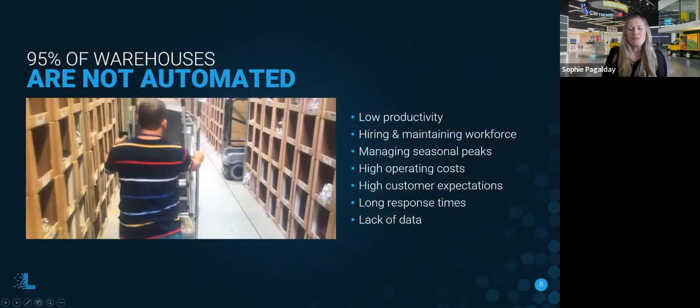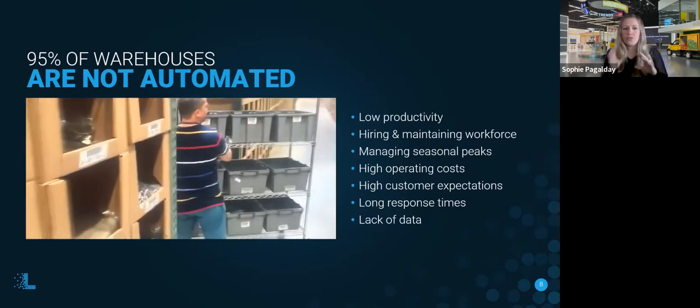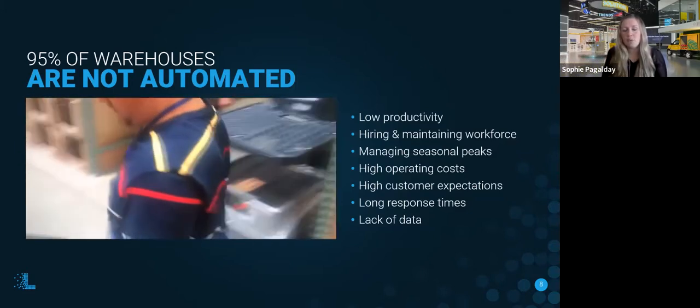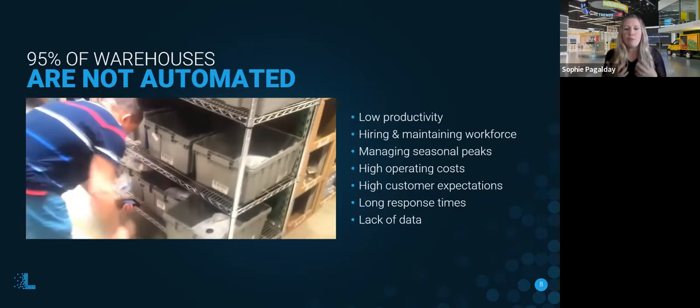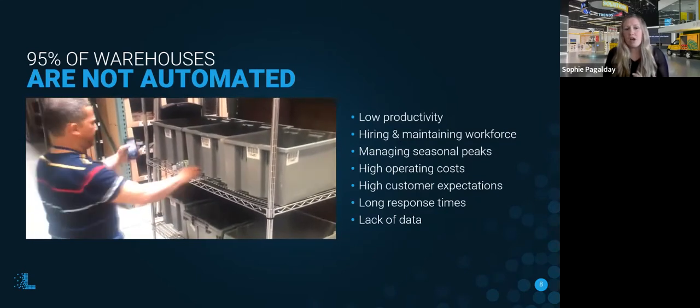Okay, there we go. So hopefully that gave you an overview of how Locus works in the warehouse. And there's also still a reality out there, which is we're still seeing that most of the warehouses are still very manual. This is kind of the perfect scenario for us to really come in and support the operation with collaborative robotics, because one of the things that we see is that when you see this environment today, very manual and really having the workers walk around the warehouse, pushing carts, it is incredibly hard for workers to